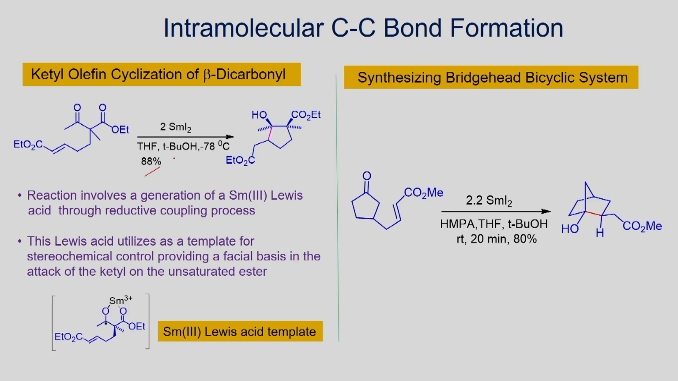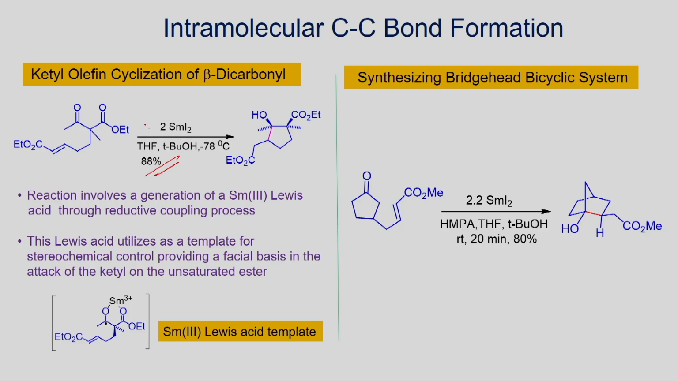Now let us look at another example. Just as we have seen the transformation of cyclopentanone into the corresponding ketyl radical using samarium 2 iodide, here also this reaction involves a beta keto ester. When you treat with samarium iodide, as we have just seen, it can convert this keto group into the ketyl radical by transfer of one electron, a single electron transfer process, and samarium 2 will be converted into samarium 3, and you will be able to form